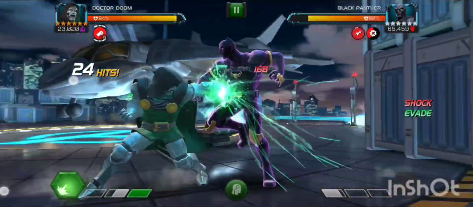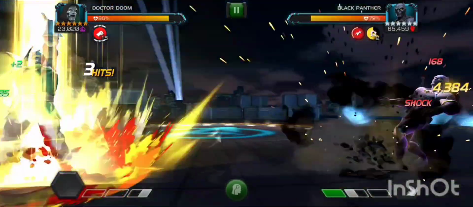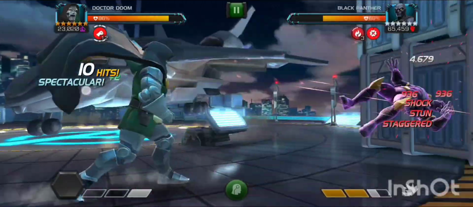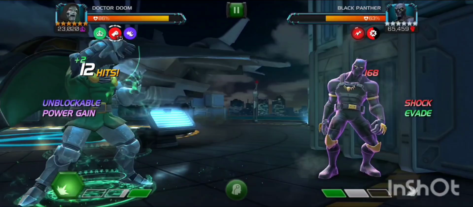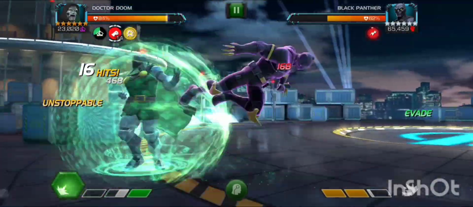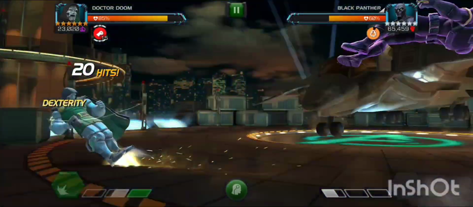So here we have applied shock, and due to the same type of basic he gets evade and I will take some of the damage. Here I have used my SP2 to apply some incinerates on him, and my plan was to use SP1, which I have executed completely, and here he gets evade. So here I have to use my SP1 again and again,